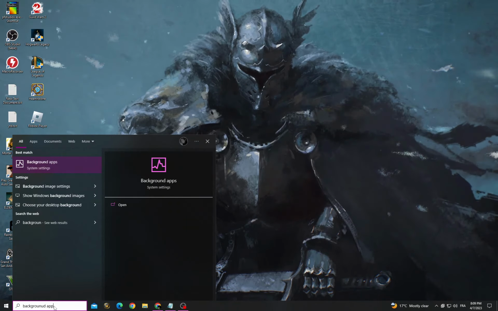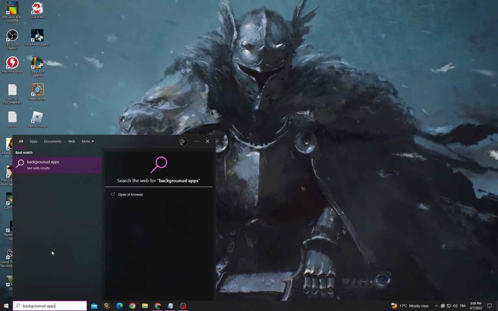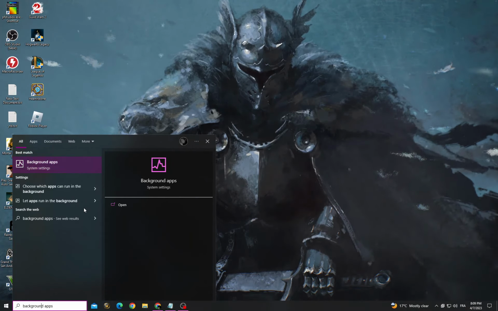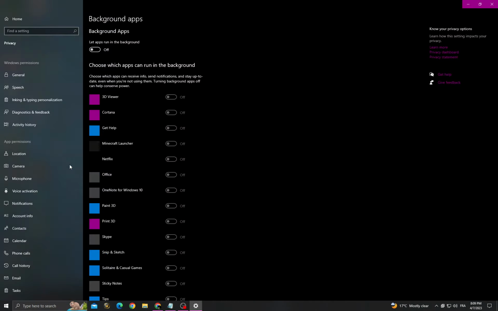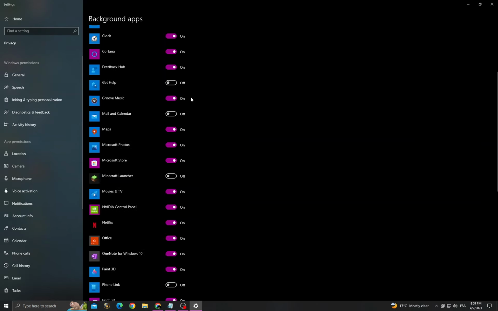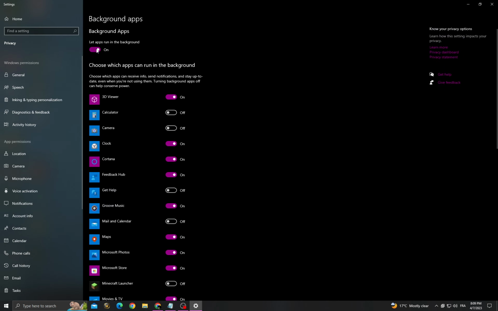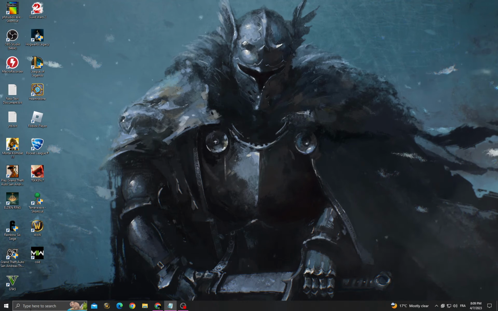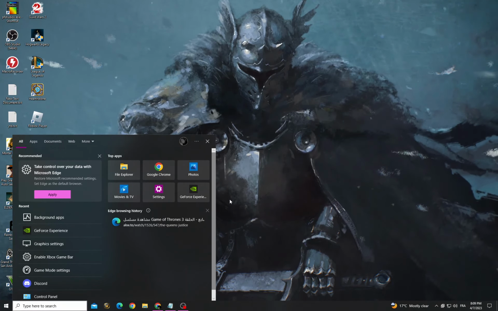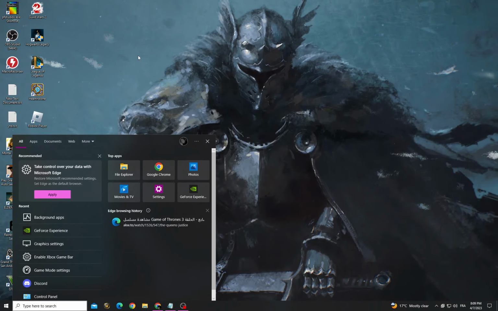background apps and then turn off the first option here. And if you want to turn off all those background applications, you can turn it off just by turning off the first option. Go back and then go to Windows Update Settings